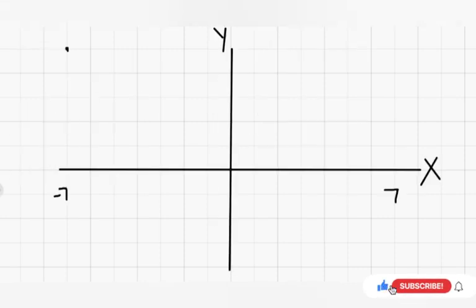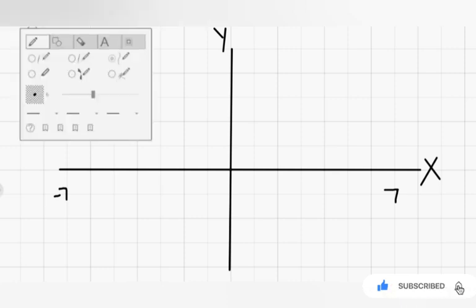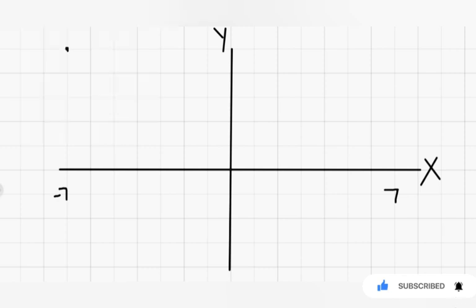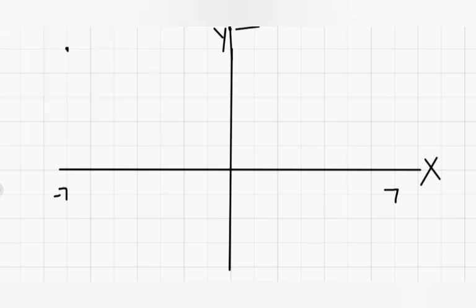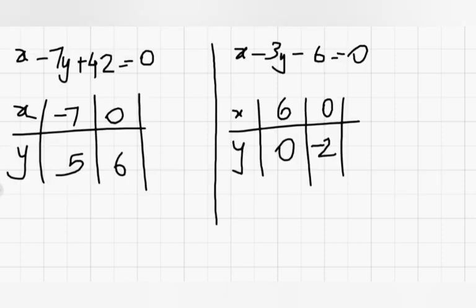So 0 is here on the x-axis and 6 is, okay, wait, I'll just draw it here. So 6 is here somewhere. Now the next point comes here. Now what we will do is join these lines. And how are we going to join them? Just like this. This will extend to infinity, and we hope we get the answer somewhere.